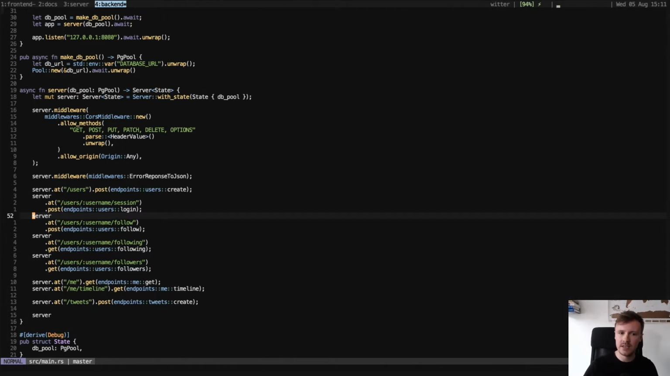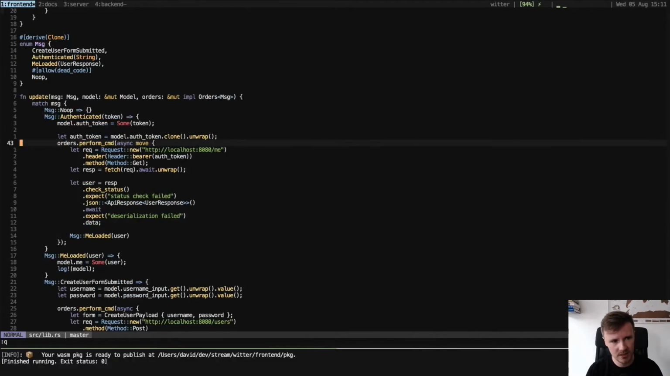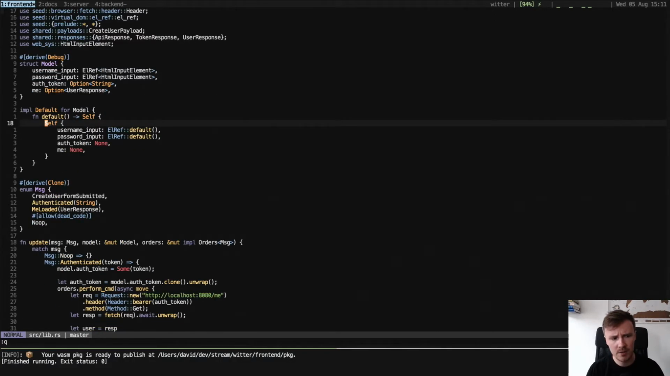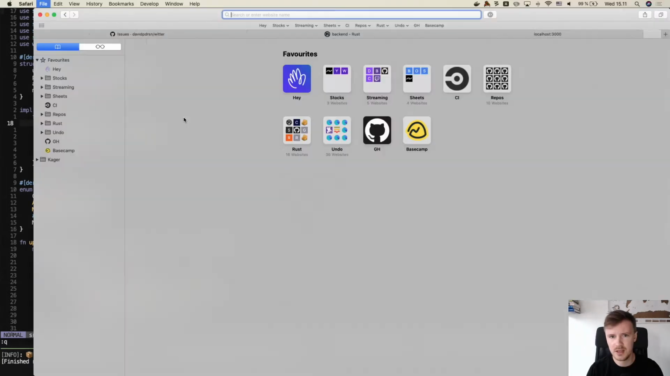So the idea is that with this stream, we're actually going to start tackling the front end, which is going to be very exciting because we're going to get to do a lot of WebAssembly. The whole idea with this project is to build a website where both the backend and the front end are in Rust. We're using a front end framework called Seed,